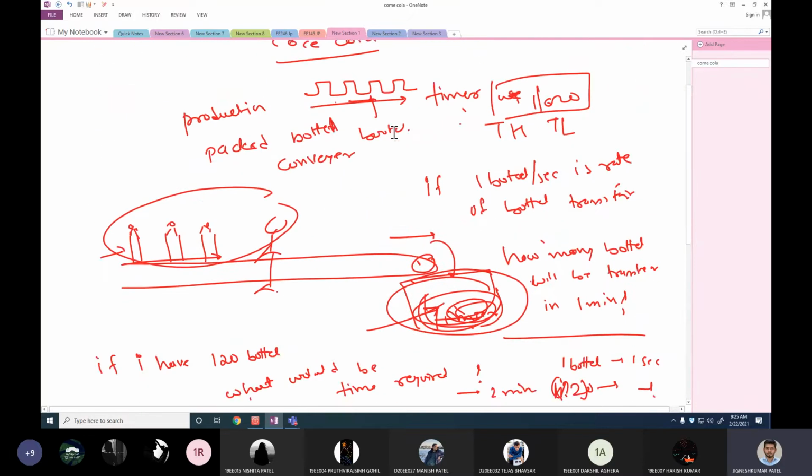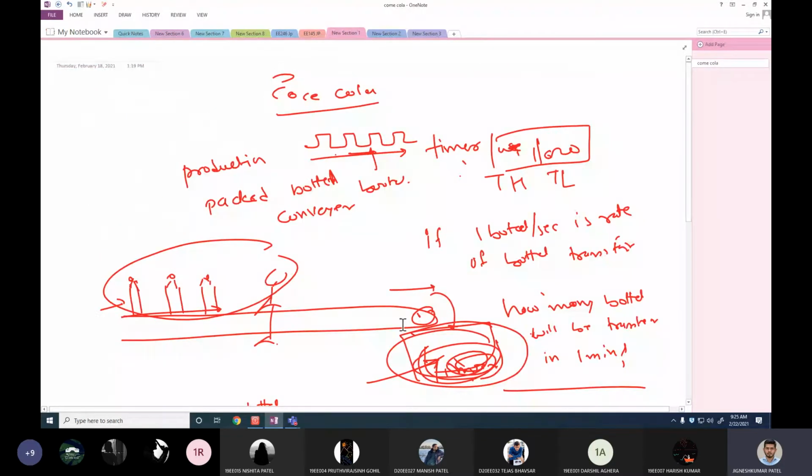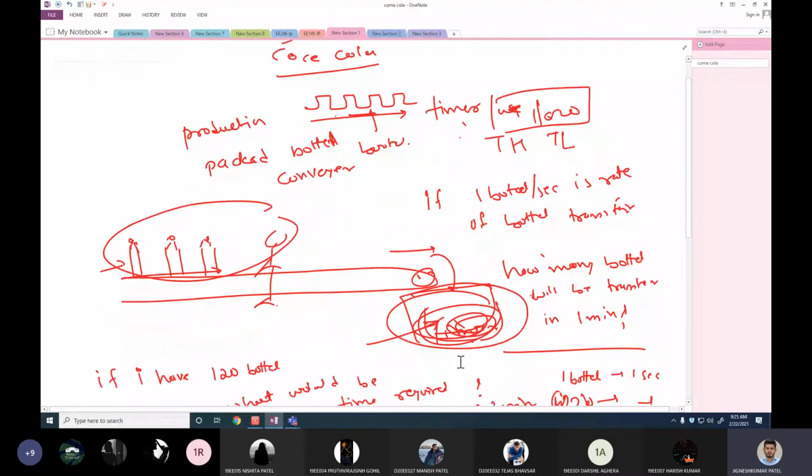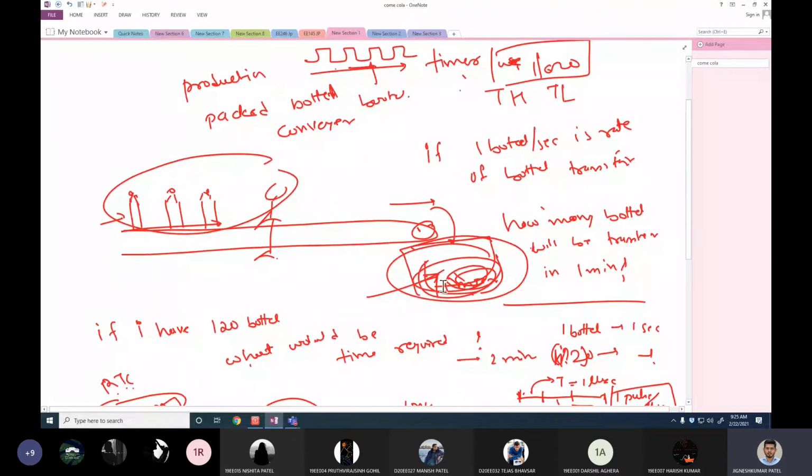For example, here, if 100 bottles accumulated over here, you know it's 100 seconds. If 120 bottles are there, you know it's 120 seconds, or you can say 2 minutes. But does that information contain what time it is now? Like if I ask you, 120 bottles dropped inside this bin, what is the time right now? Can you answer that question? No, we cannot answer that question.